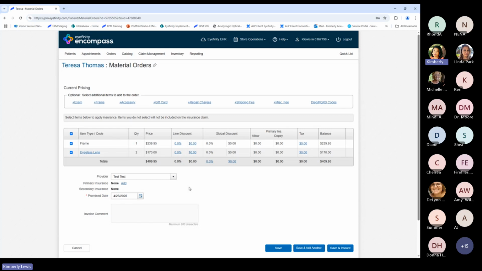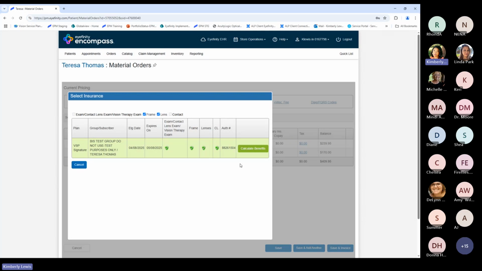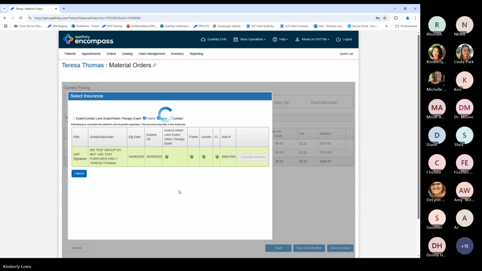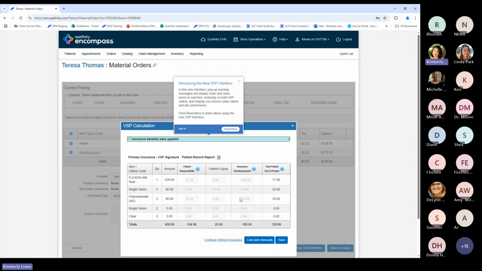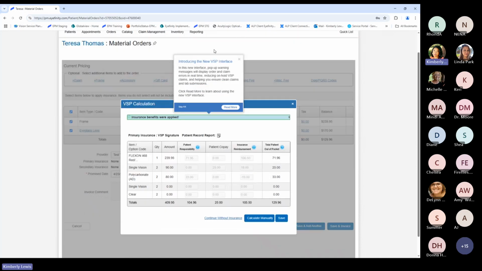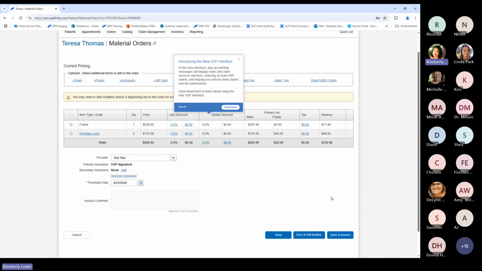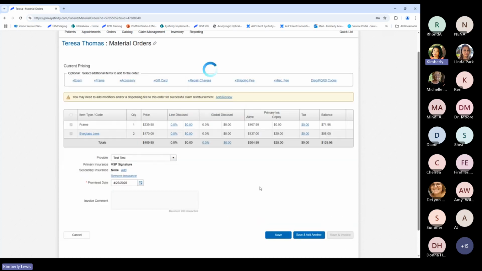And I'm just going to go back and we're going to start again. So what I did is I said we're still going to add our insurance the same, and we're going to calculate those benefits. And as you can see, something pops up. This is introducing the new VSP interface. Okay. Everything looks great, right? My software is still doing the calculations of the patient copay allowance, allowing me to know the total out-of-pocket expenses for the patient. If I hit save here and save an invoice,